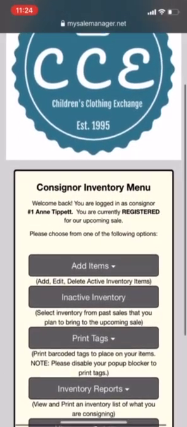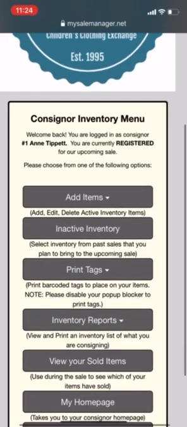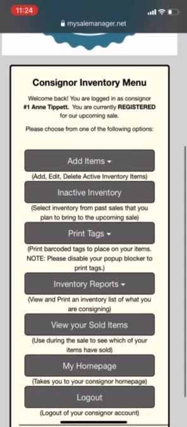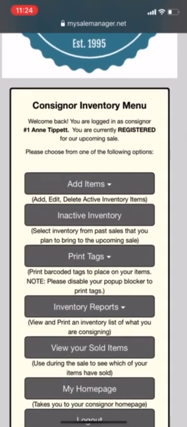This is your consigner inventory menu. This is where you work with all inventory. This is where you print tags. This is where you can see your sold items, where you can print inventory reports. This is the hub. But if you're working with adding new inventory, you're going to click on Add Items, and